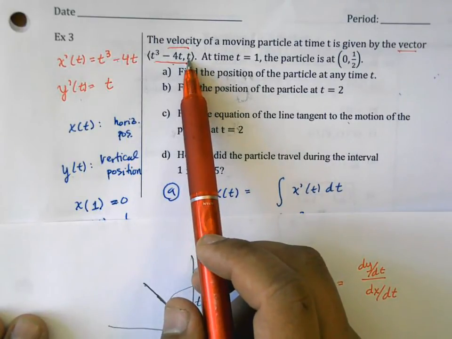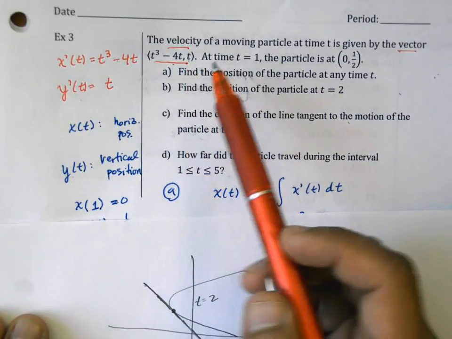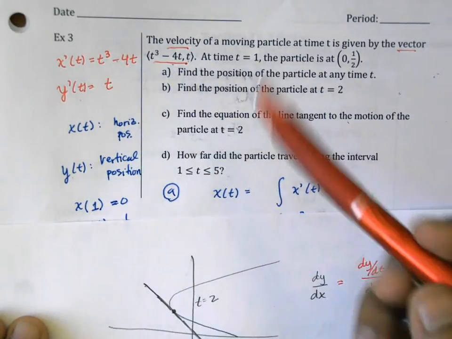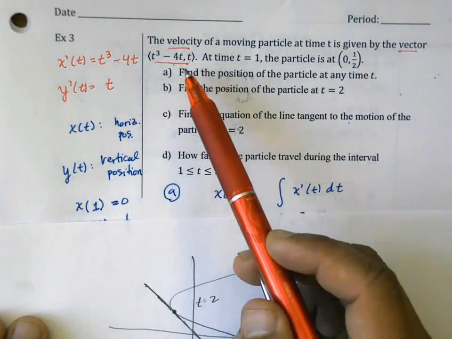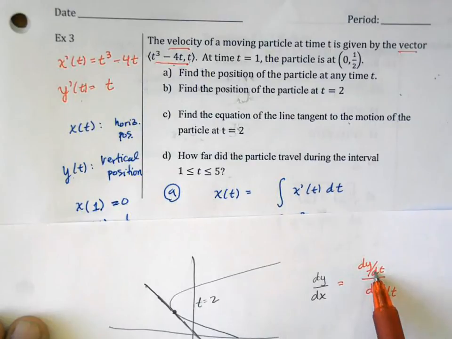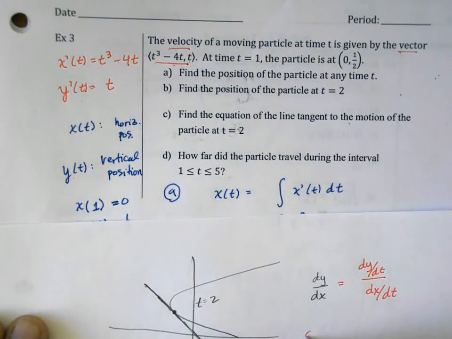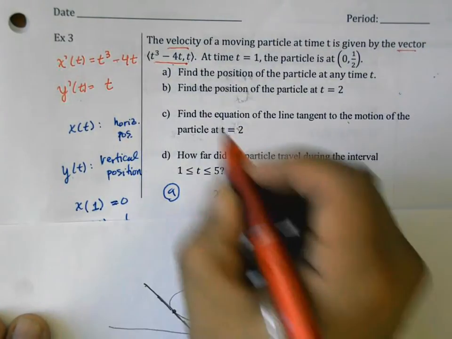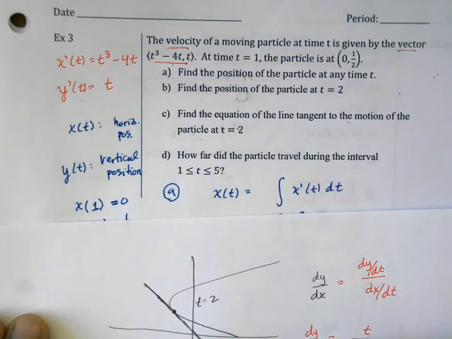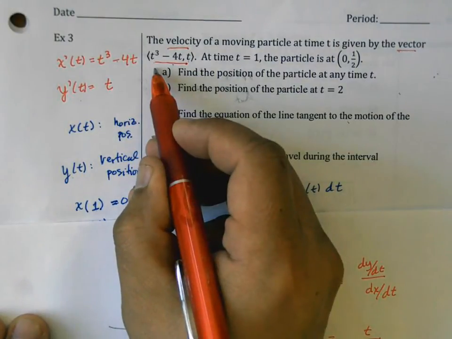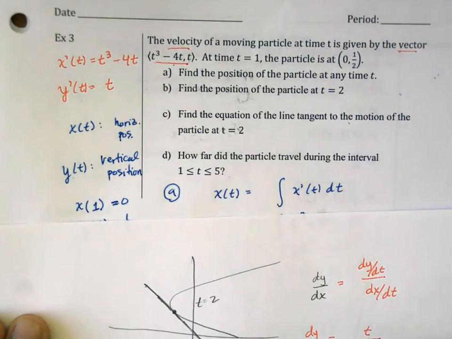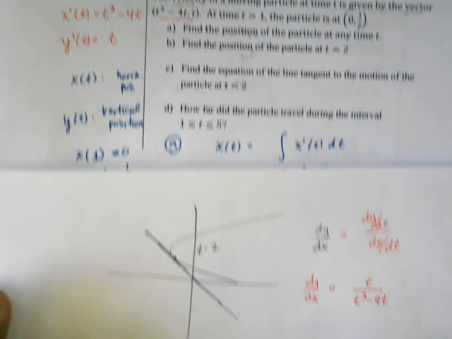So when we go to find position, we take the antiderivative of velocity, and now we're going back and we're saying, well, what's the derivative of the position? Well, of course, it's back here to the velocity. So dy/dx